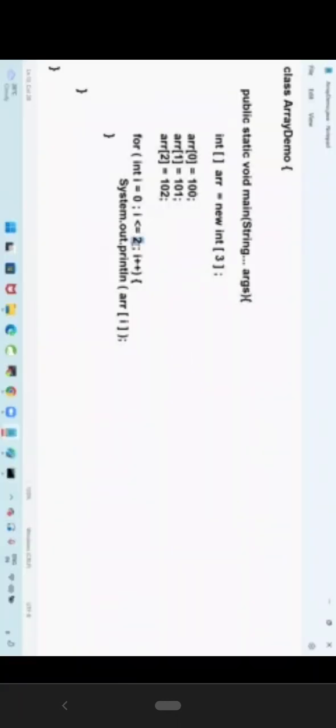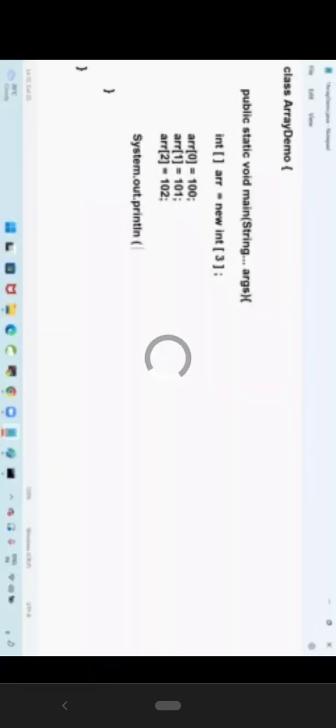For loop is like size 40. Later, I am writing System.out.println arr.length. Now, see here,